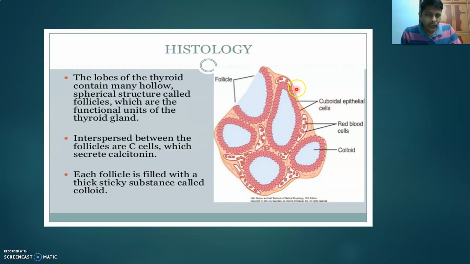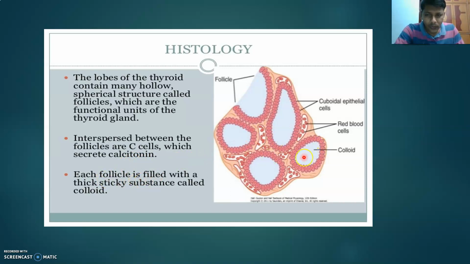Thyroid follicles are made up of simple cuboidal epithelium. You learned simple cuboidal epithelium in structural organization in animals. It is present in the PCT, the DCT, the male gonad testis, the female gonads ovaries, and also in the thyroid follicles. Its function here is secretion of hormone. C cells secrete one hormone called calcitonin, thyrocalcitonin.